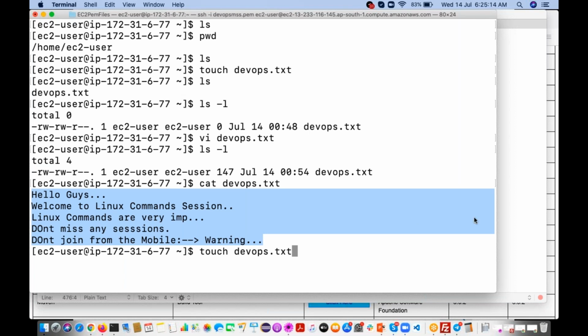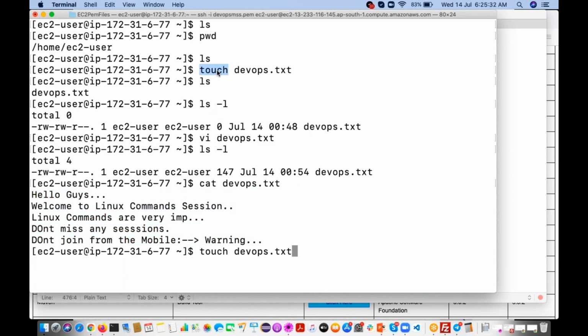Some guys are saying yes, some guys are saying no, some guys are saying it will give an error. No, it is not going to give any error.